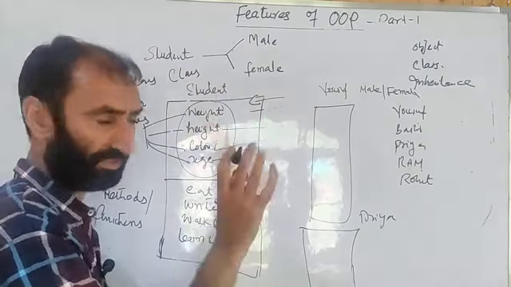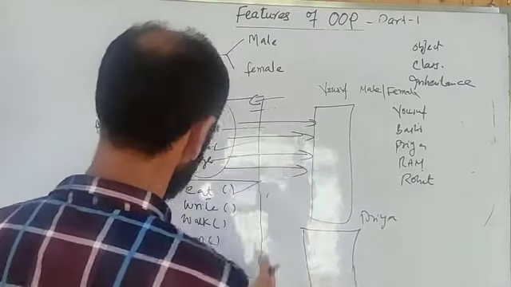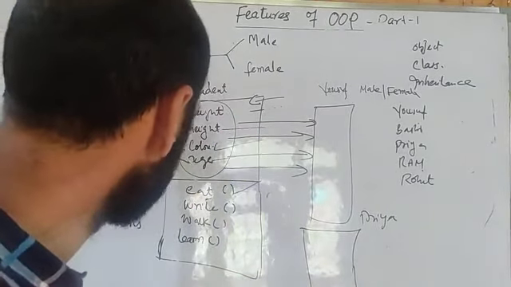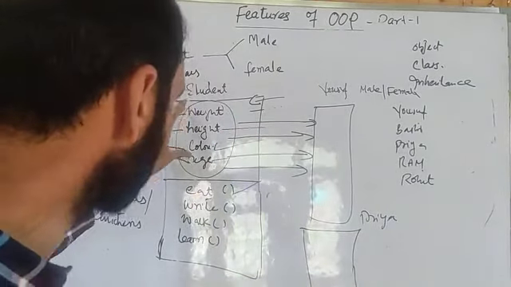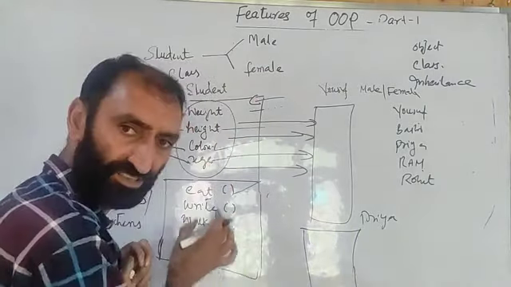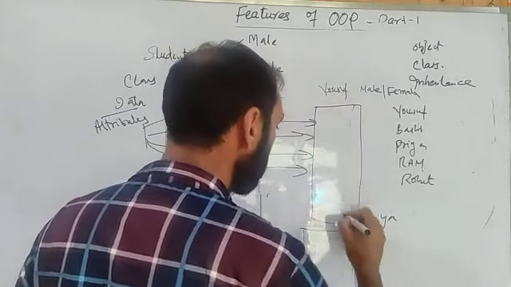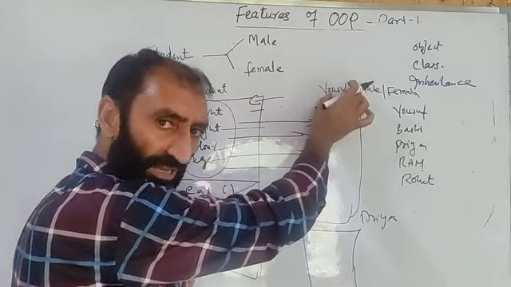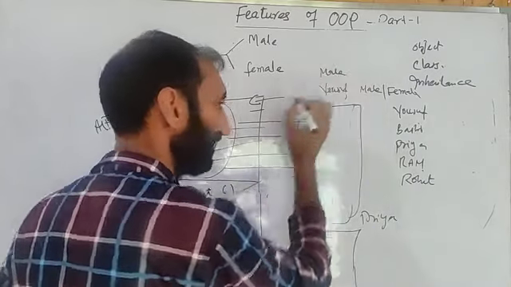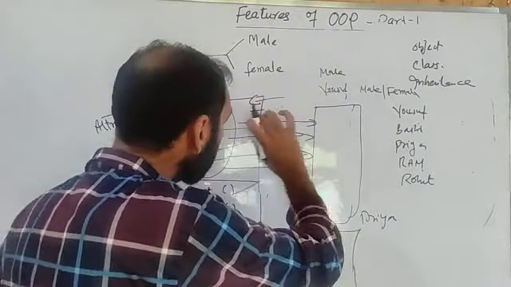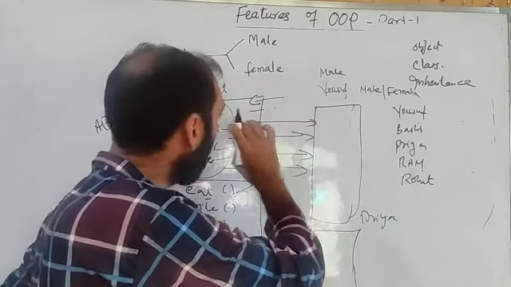We can inherit these properties from here to here, because we have already defined these properties in the student class, and the male student and female student are also subclasses. They also contain these features. Instead of defining these features again in the subclass, or the male class,